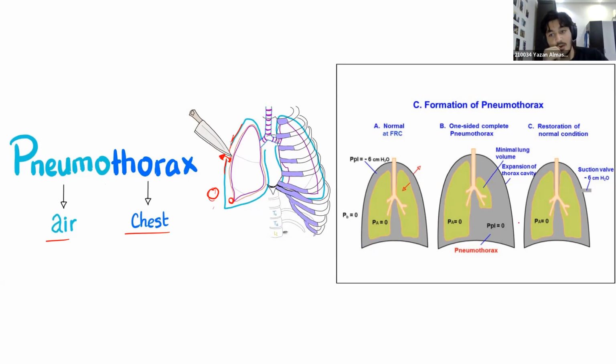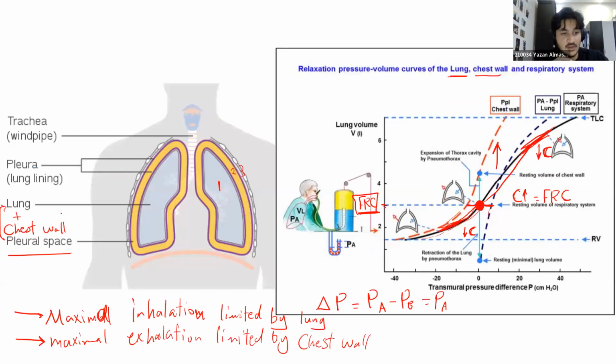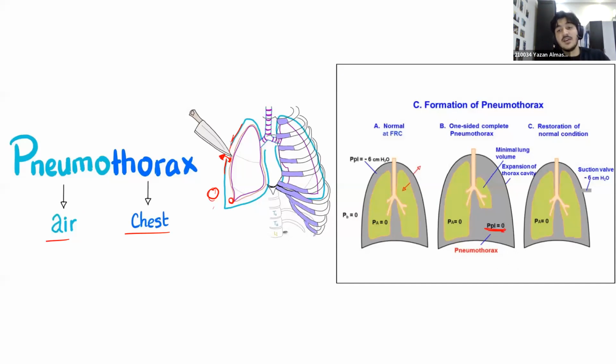Now, when the pleural space pressure is equal to 0, the pleural space becomes useless. It lost its function. And remember, what's the function of the pleural space? It's the connection between the lung and the chest wall. Given that we lose that connection between the chest wall and the lung, what's going to happen is that